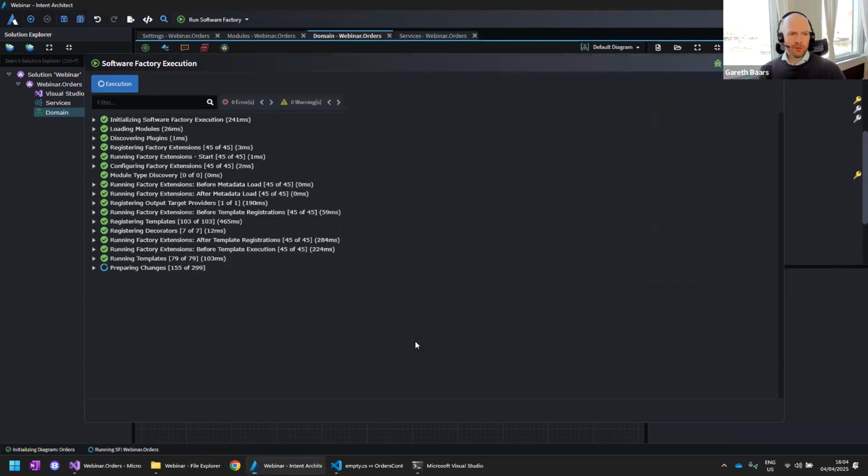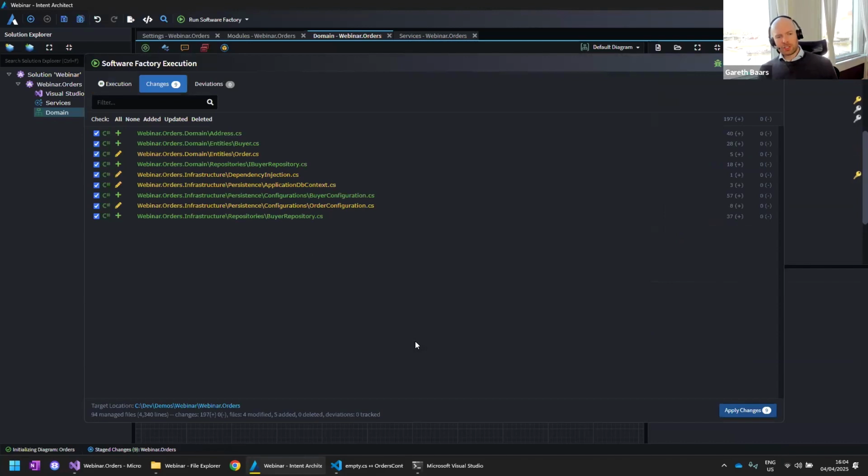And what you can see it's going to do for us over here is shift our existing code base to this new design, right? Now, this is a very simple shift. But from an Intent Architect perspective, it really doesn't matter how complex a shift you want to do. You could introduce inheritance, you could move all your data around within the system, and you could reshift your whole application from a domain perspective. And when Intent Architect reruns the Software Factory execution, it will shift the underlying code base perfectly into accordance with that new domain.